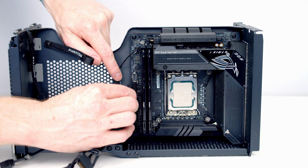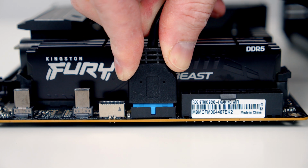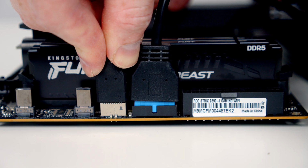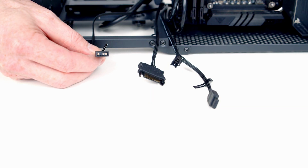Then we've got our USB 3.0 cable. Line it up and push into place. And our front panel Type-C connector, which is going to go into here. Taking a look at our other front panel connectors, we've got a 3-pin 5V ARGB connector, and you're going to